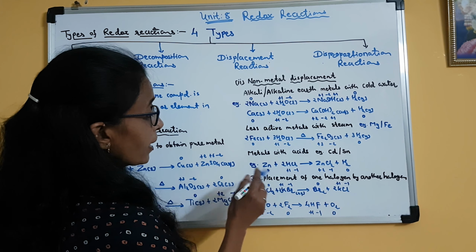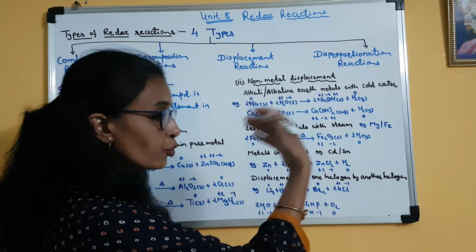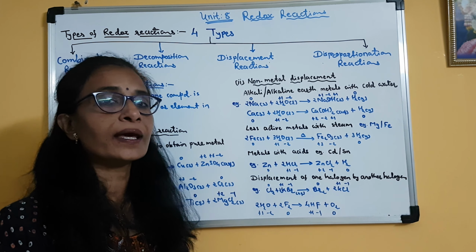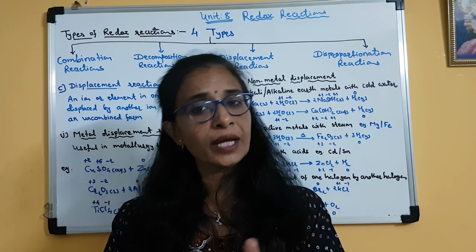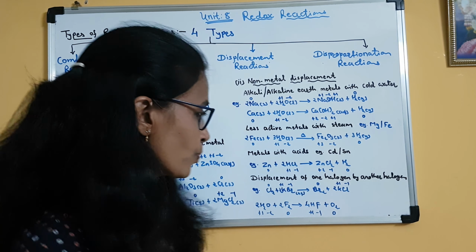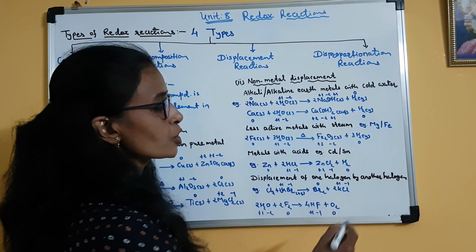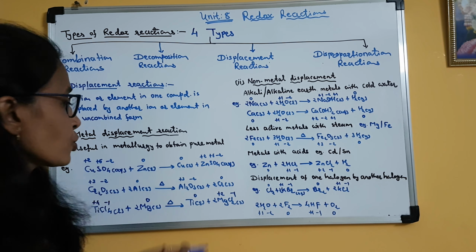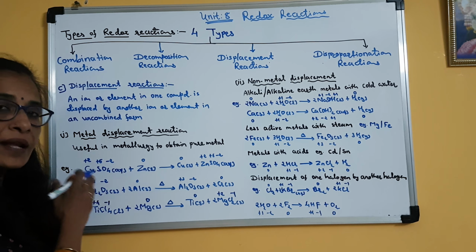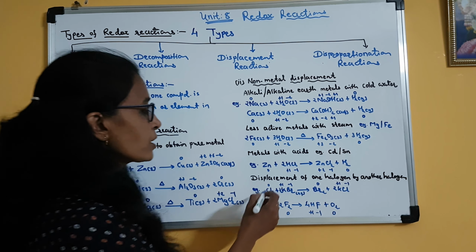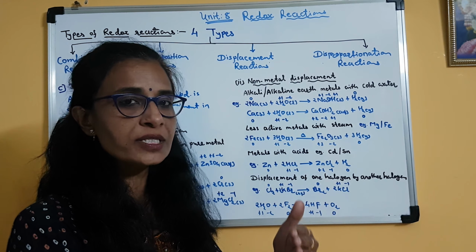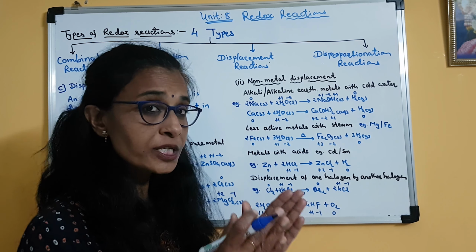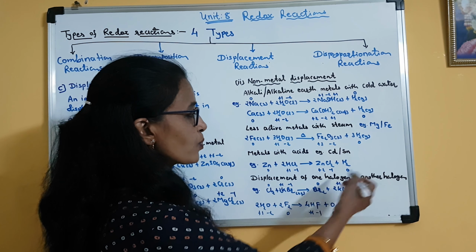Clear? Okay. Now these are the reactions in which hydrogen is displaced from its compound. But other than hydrogen, there are non-metallic elements like halogens and dioxygen, so they can also be displaced. Here is the displacement of one halogen by another halogen. It is like metal displacement, where one metal displaces the other metal. The highly reactive metal will displace the less reactive metal from its compound. So here also, a highly reactive halogen will displace a less reactive halogen from its compound. So it is a halogen displacement reaction. Halogen is also a non-metal, so one halogen displaces the other.